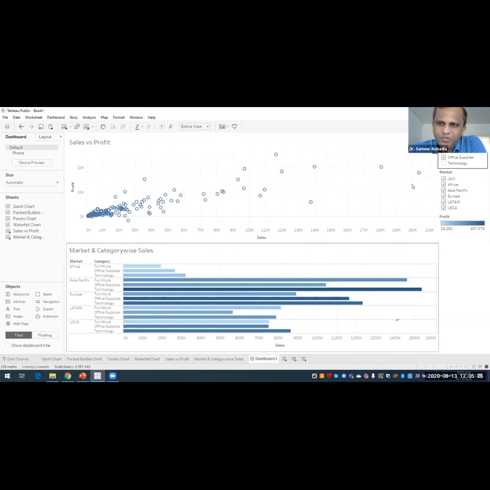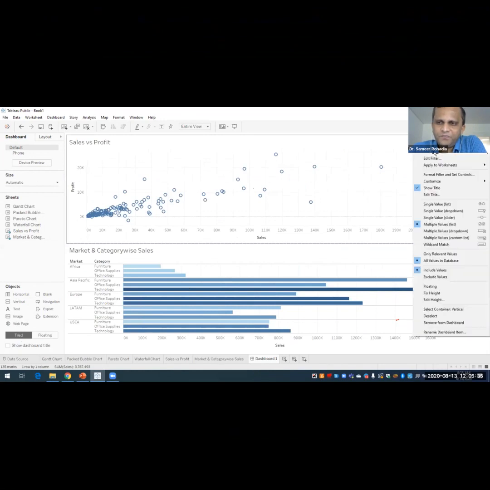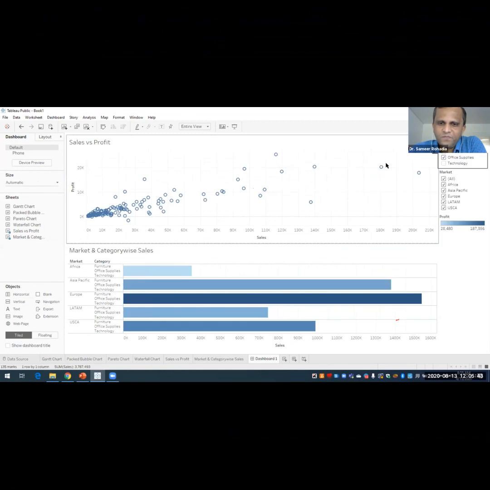Here also we can connect the same filter to both charts. In this category filter, I click on more options, go to apply to worksheets, and select the first one, all using related data sources.